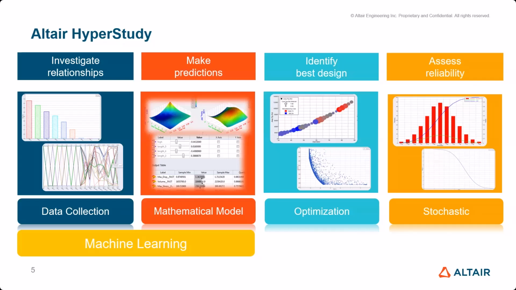So what we are going to look at in this quick introduction is how you can build a machine learning model in HyperStudy that can run quicker optimizations, and which can also provide us more insight into the antenna design